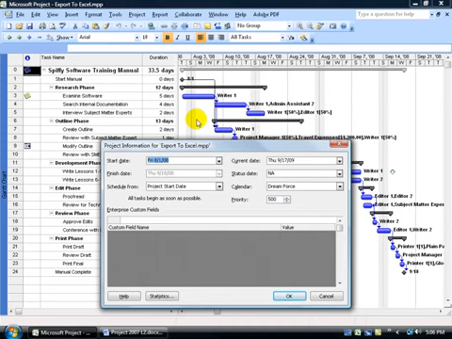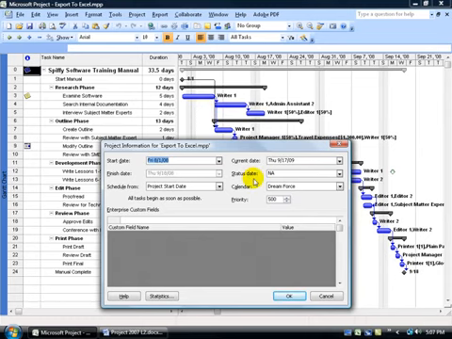We have another project coming up in 2010, and I recall using some of the resources back then, and I think on some of the resources we were ahead of schedule. So it's a little bit of research for that point in time. So what I need to do before I can actually see that point in time, because I'm going to be viewing that point in time over here in the Gantt chart with a progress line, is